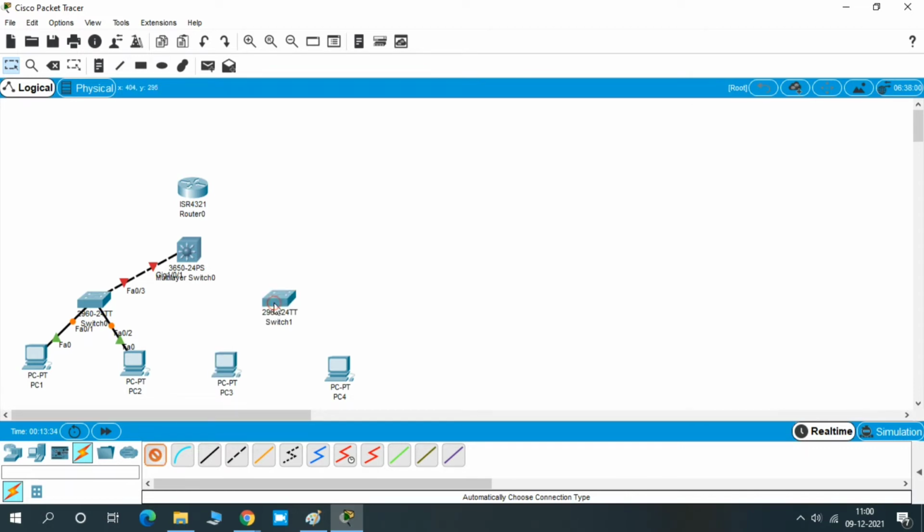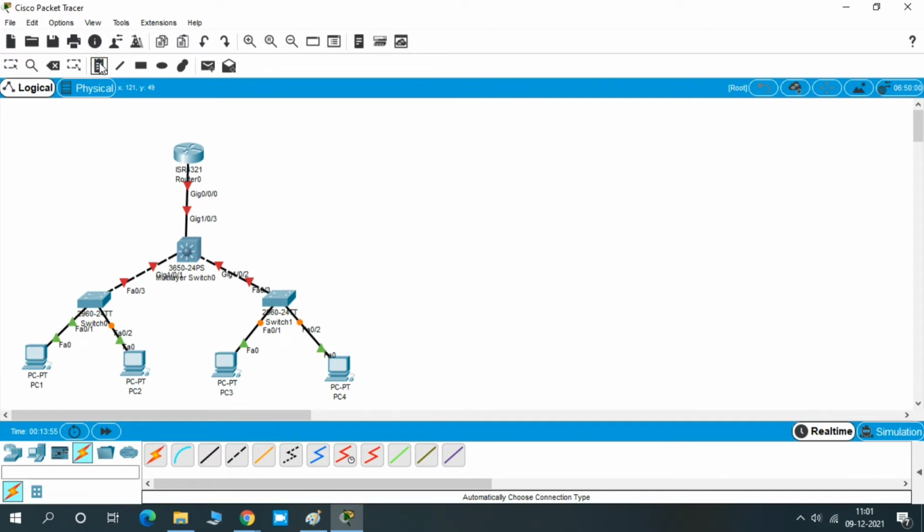PC to switch connectivity. L2 switch to L3 switch connectivity. Router to L3 switch connectivity. Yes, so this is the way we have to do the connectivities.